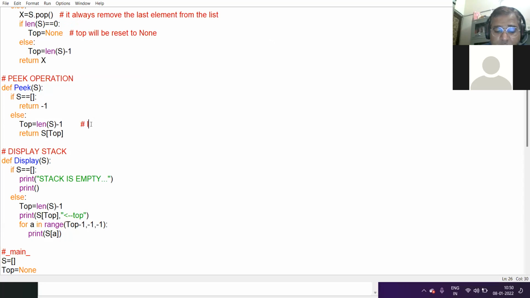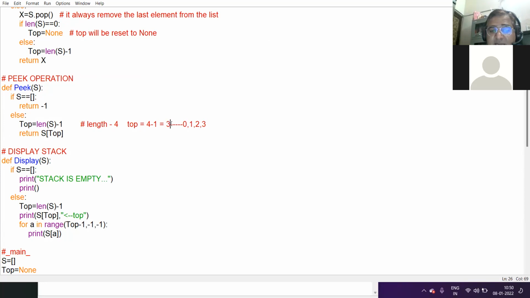So length is 4 and top will be 4 minus 1, that is 3. For me, 3 means the fourth element because indexing starts from 0. Okay. So return s of top.